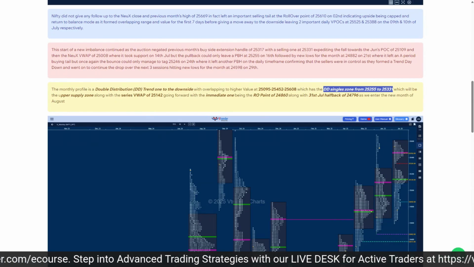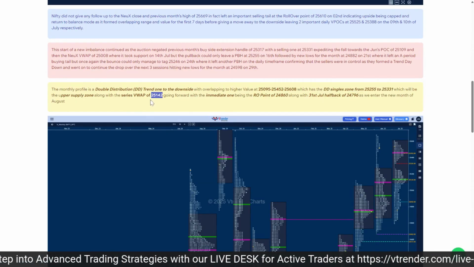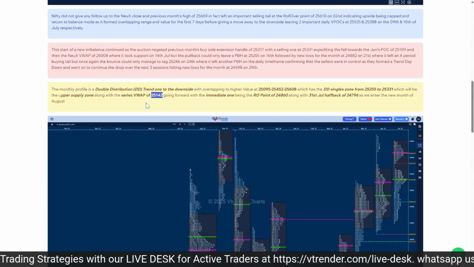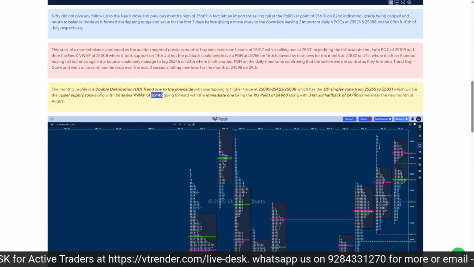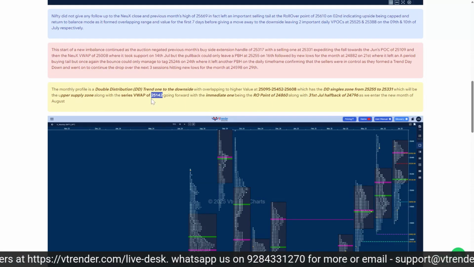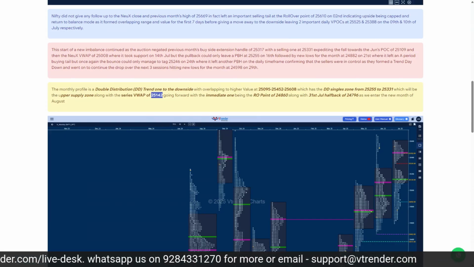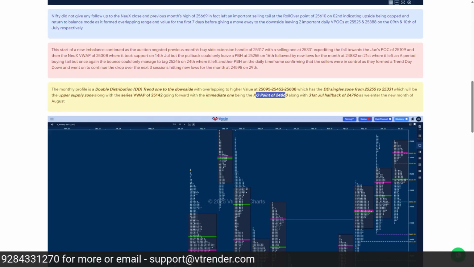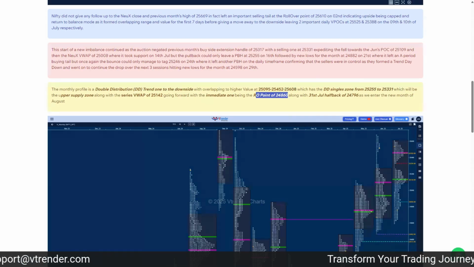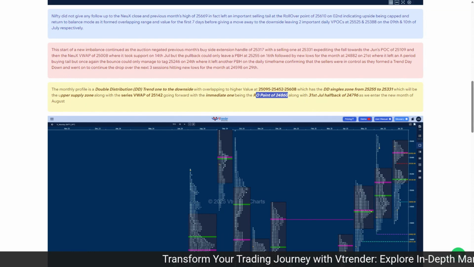And the series VWAP, which was 25142, because it's a double distribution trend day down, tells us that the seller was dominant. So hence this series VWAP of 25142 will be important. And then we have the rollover point for the August series, which is at 24860. So these are the upside references which we have marked out in the report, and which we'll have to make